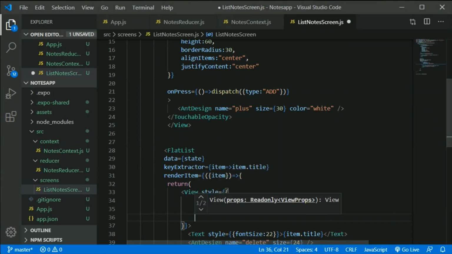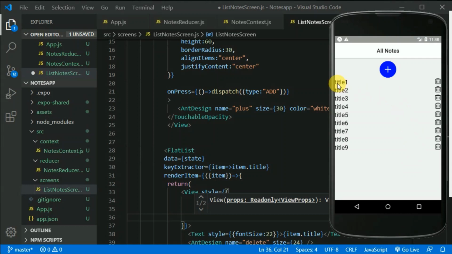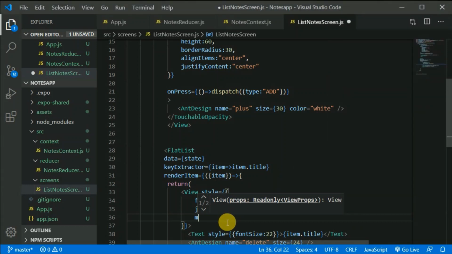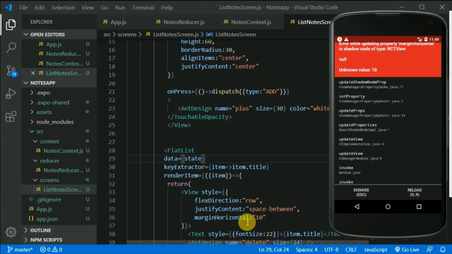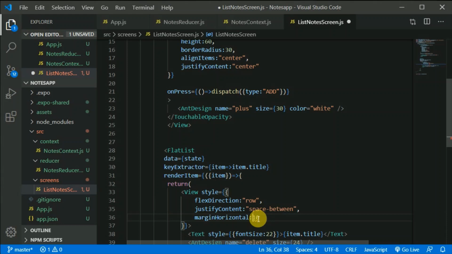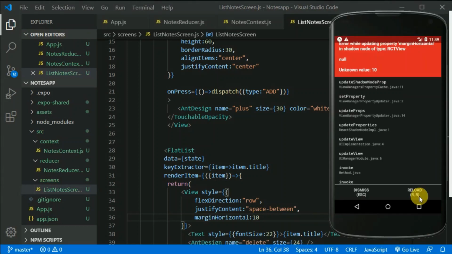Now in here you can see they don't have enough margin from the left and the right, so we'll give a little bit of margin from both left and right. For that, here we can add marginHorizontal. Now this horizontal will add a margin from left and right, from both directions. Let's write here 10. I have made a typo, marginHorizontal. Oh, this will be just a number. I have put it inside the quotes. Okay, if we reload this,